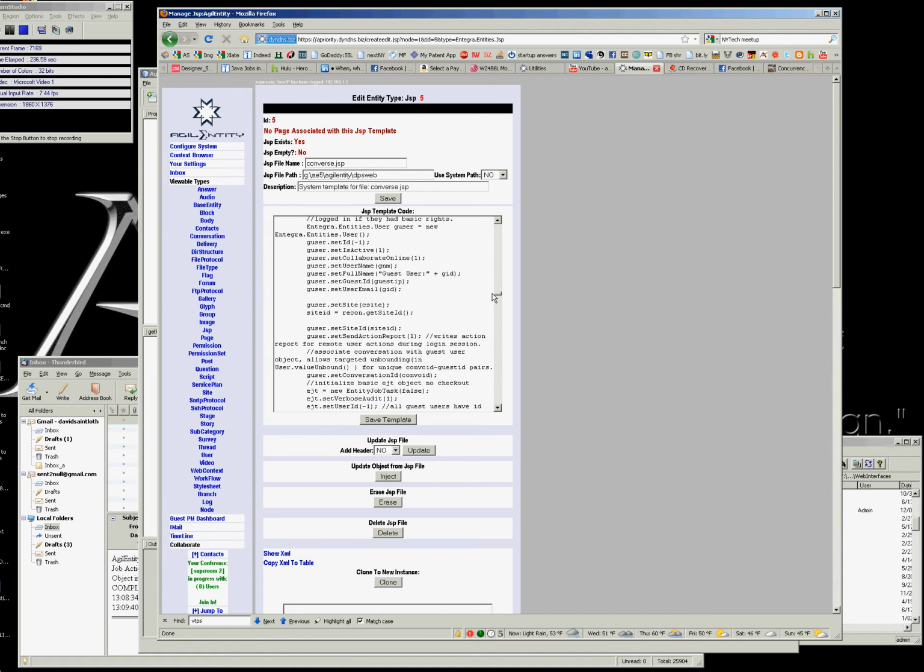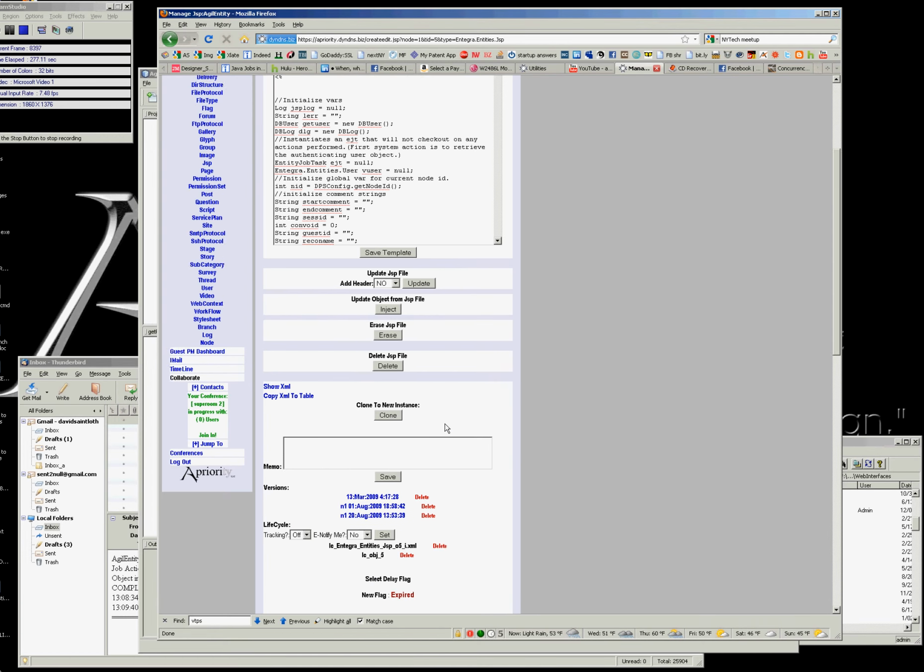And so what we'll do is change this. Well, we'll just remove it since the default, I'll just comment it out. It's a little bit of extra code in the form of the commented out region, but that's not included in the compiled JSP template. So we comment it out, we save the template,